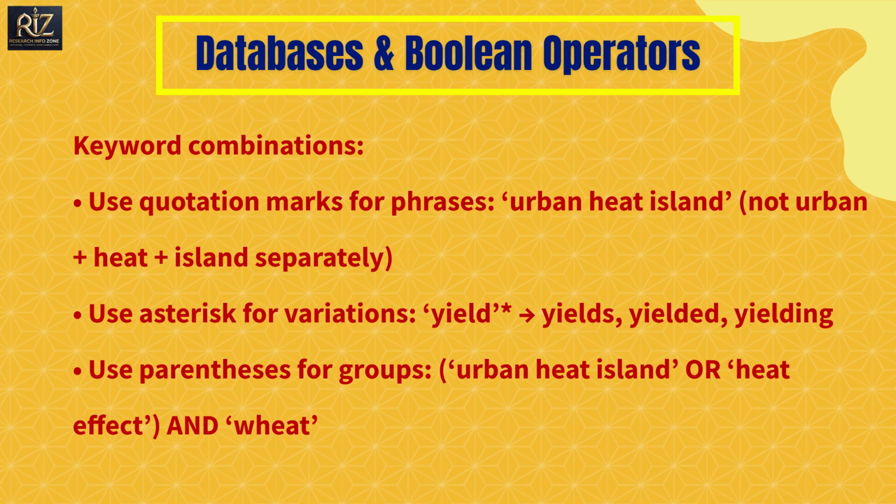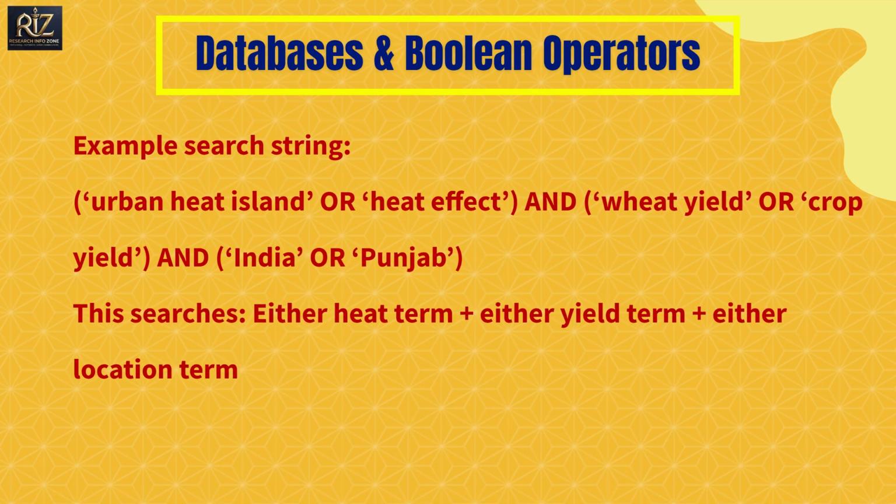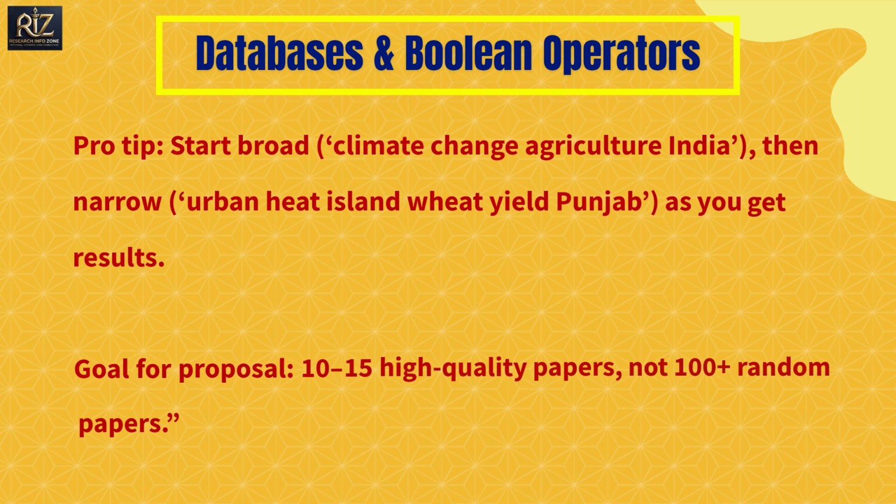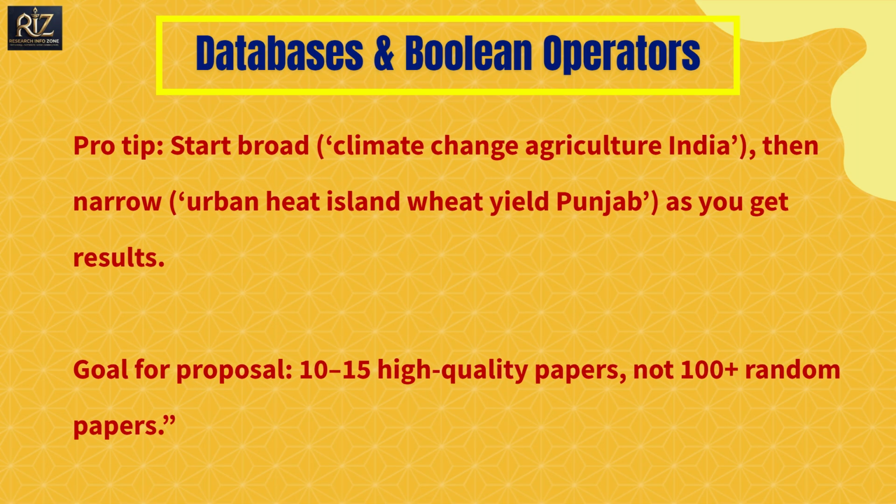Use an asterisk for variations, like yield*: yields, yielded, yielding. Use parentheses for groups, like (urban heat island or heat effect) and wheat. Example search string: (urban heat island or heat effect) and (wheat yield or crop yield) and (India or Punjab). This searches either heat term, and either yield term, and either location term. Pro tip: start broad, like climate change agriculture India, then narrow down to urban heat island wheat yield Punjab as you